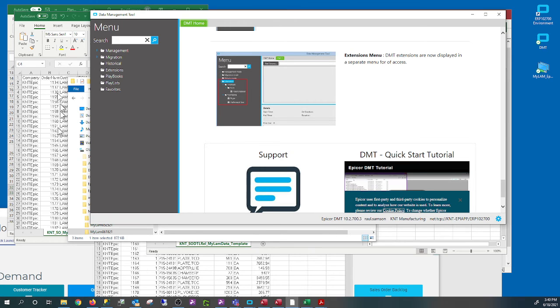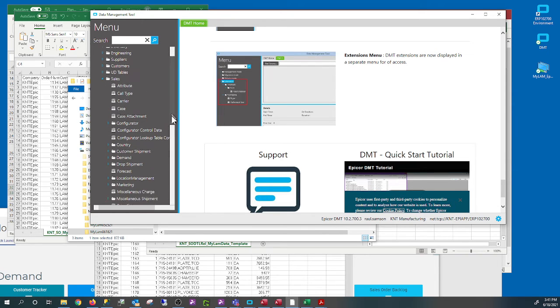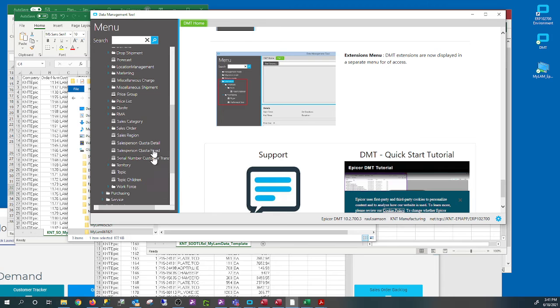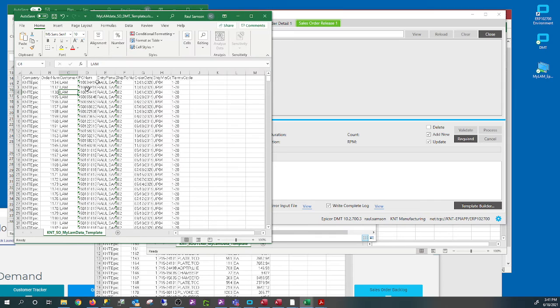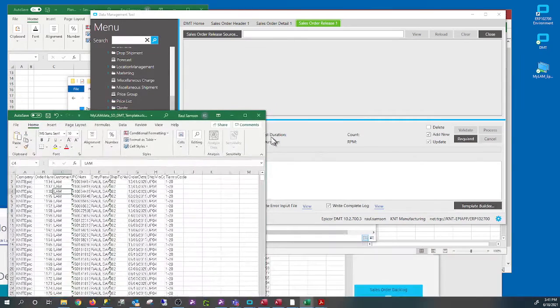And then you're going to click the management here, the sales order or the sales, and then look for the sales order, which is this one. Then check the sales order headers, the detail, and also the release. So these are the things that we need, which correspond to these spreadsheets.